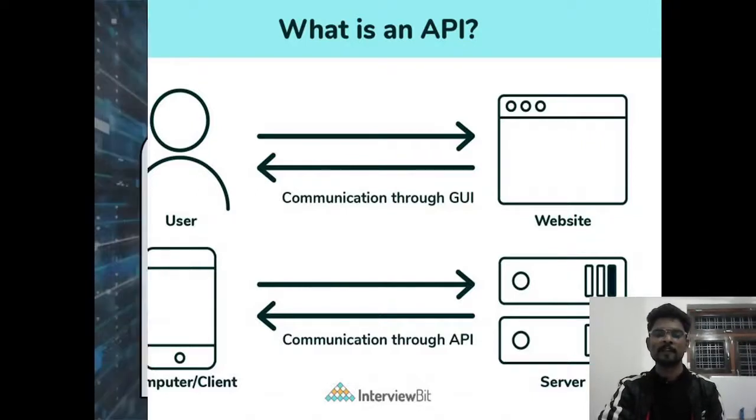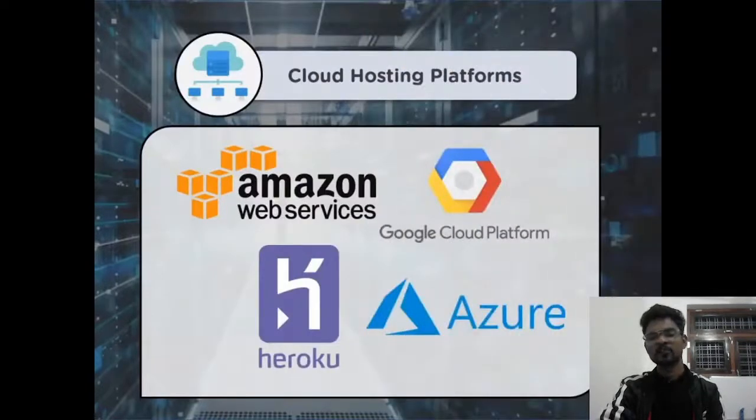Let's come to the next one, and not least, the server. Every website you see over the internet is hosted somewhere else, on a computer that never turns off. It's always running behind the scenes. That is called the cloud and server.